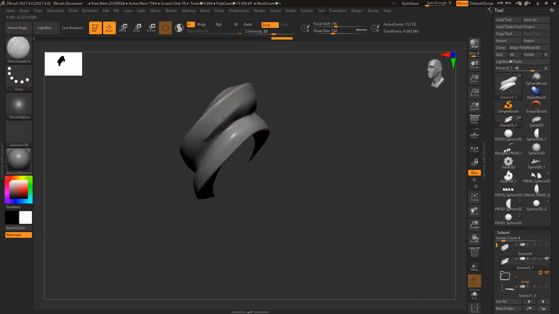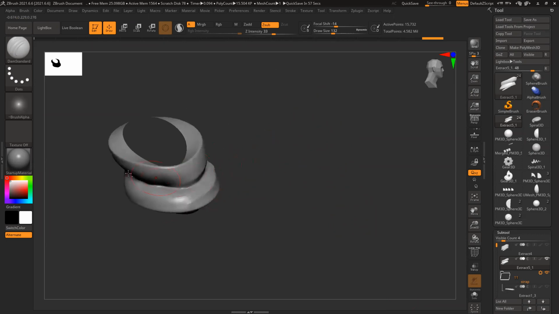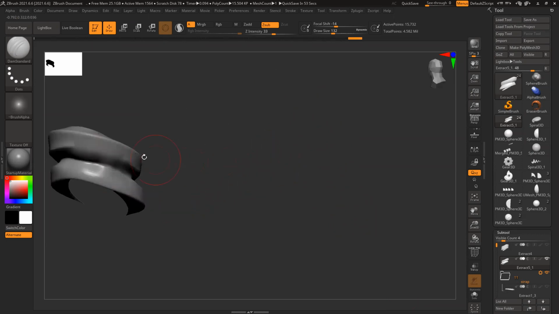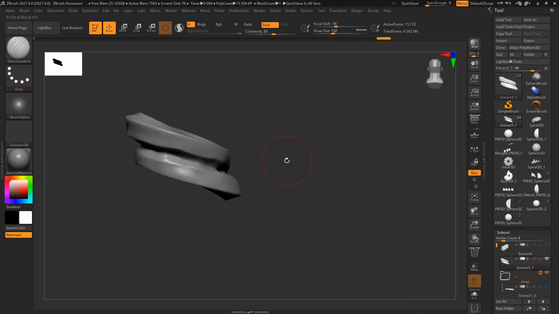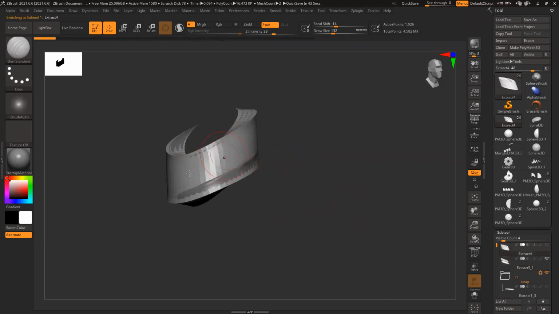Just create this thing. Let's see. Just quickly create the shape. So this is what I have created. This is my suppose high poly, and this is my low poly. But I want this detail on this surface.